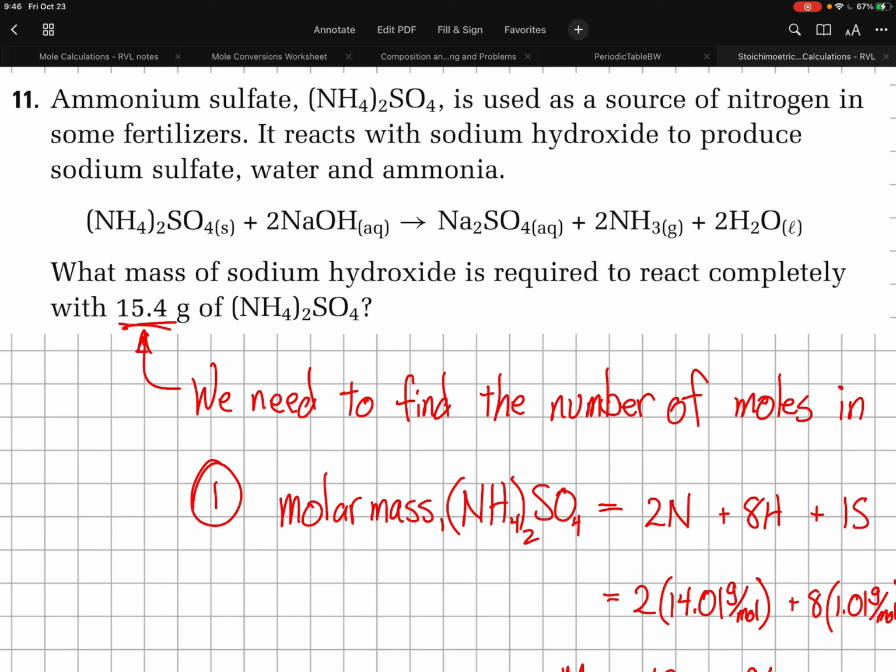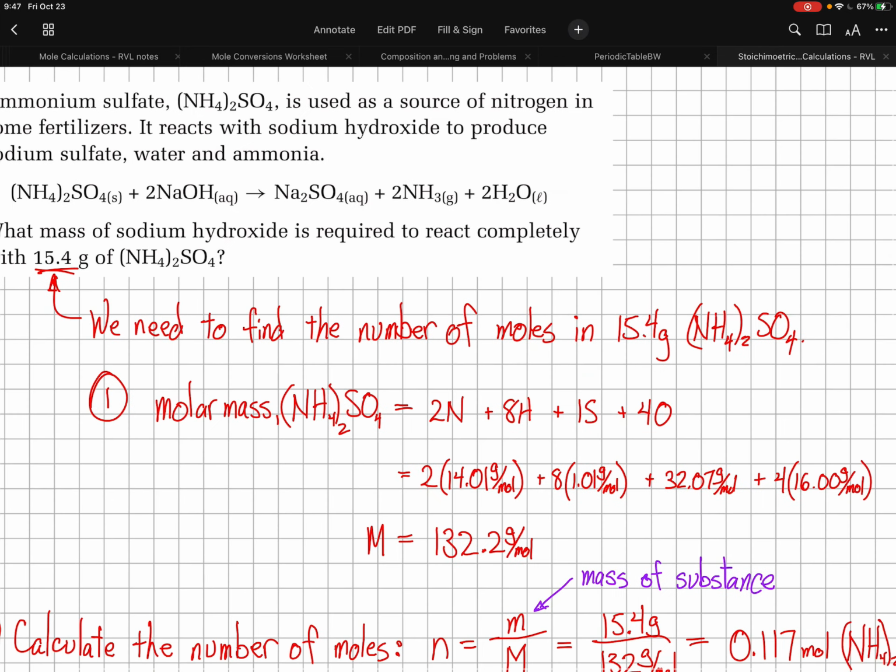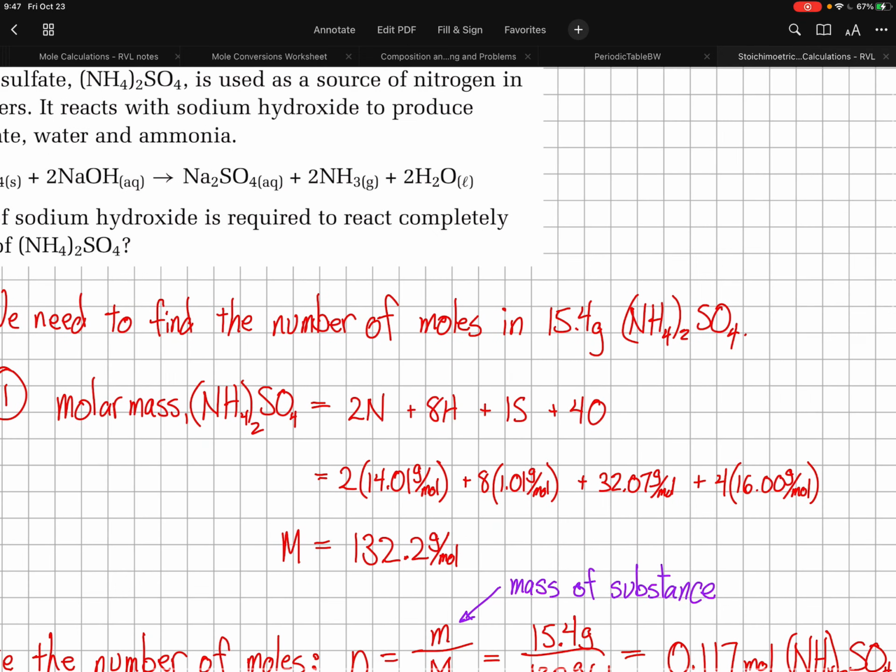Okay, so the question here is, what mass of sodium hydroxide is required to react completely with 15.4 grams of ammonium sulfate? So first thing we need to do is to find the number of moles in 15.4 grams of ammonium sulfate. Okay, so we calculate our molar mass, and the way that I have set that up is